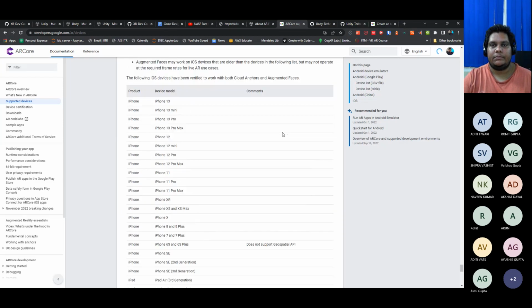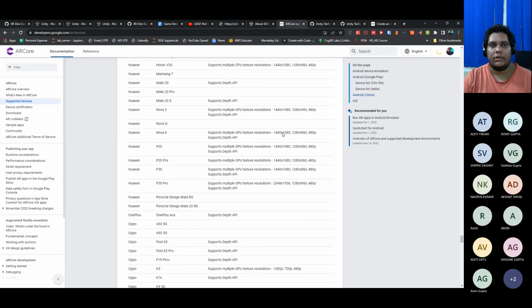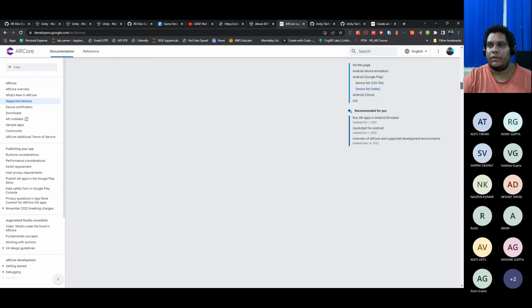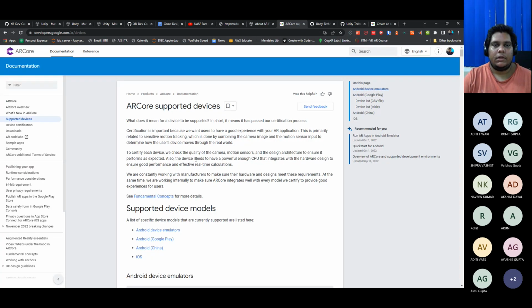Then next, basically, this is a document because I'll be implementing everything on an Android platform. We don't have enough time to go for iOS as well. If we had time, we could have done that as well. But right now, we don't have enough time to go there. So that is why we'll be limited to this only. So this is a page which tells you about AR Core supported devices.